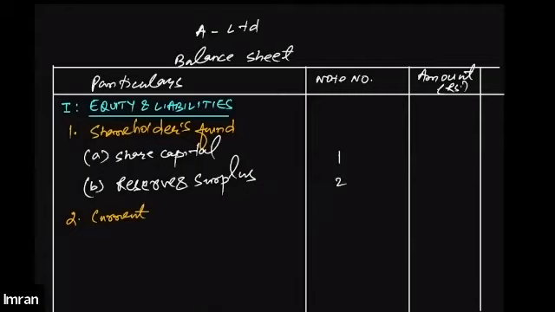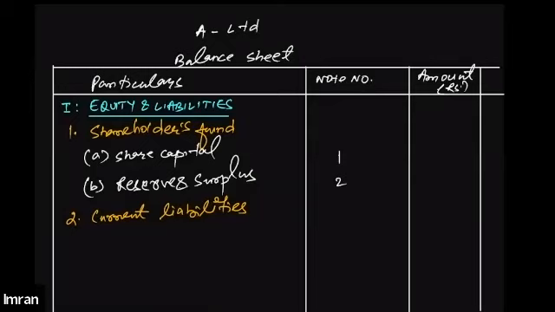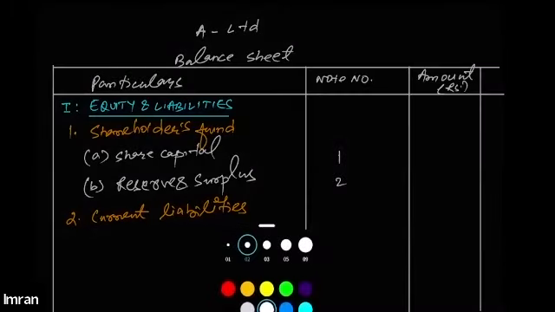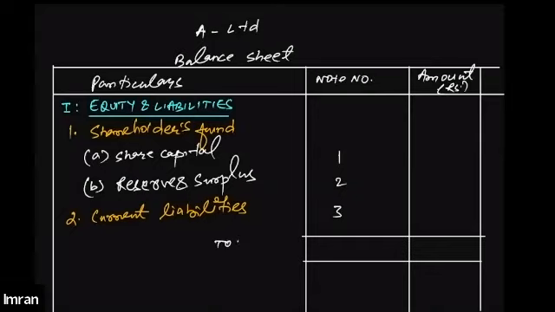Current liability, and under current liability we will be writing down the value of the calls in advance. All right. Okay, so this will be our equity and liability section. The total is here,